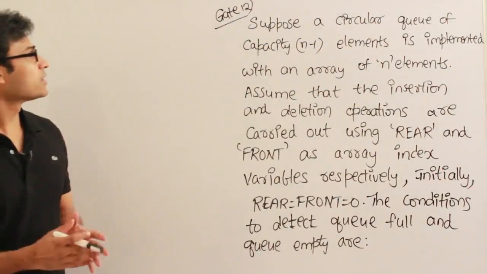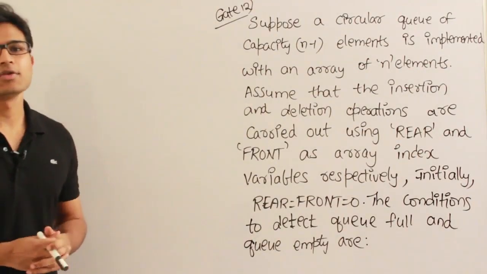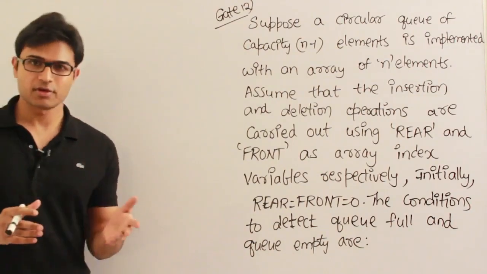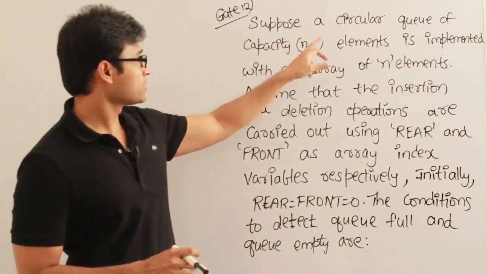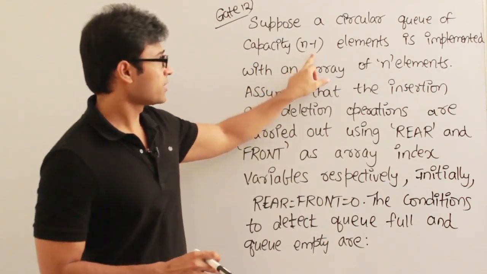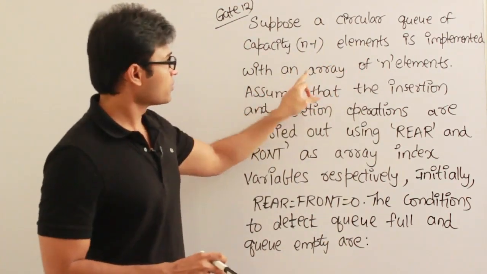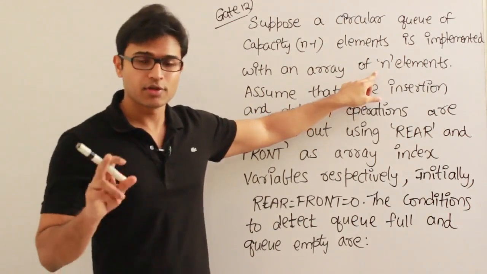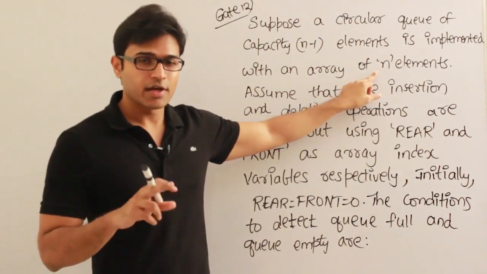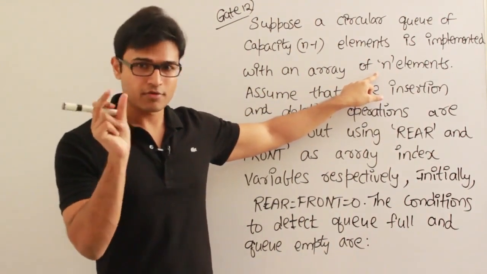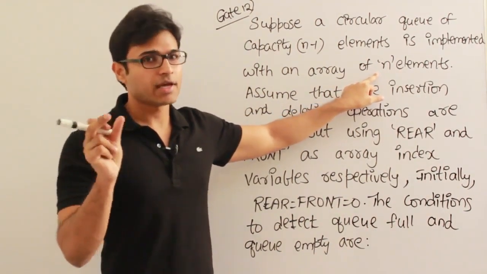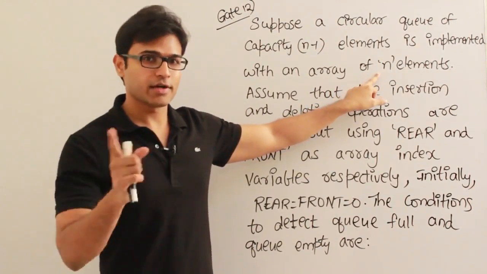Hi, this question is given in GATE 2012 and this is based on that circular queue concept which we have just discussed. So they are saying the same thing. Suppose that a circular queue of capacity n minus 1 elements is implemented using an array of n elements. So even though we have an n element array, they are using only up to n minus 1 elements because we are supposed to leave one gap, so that that gap is going to differentiate between overflow and underflow